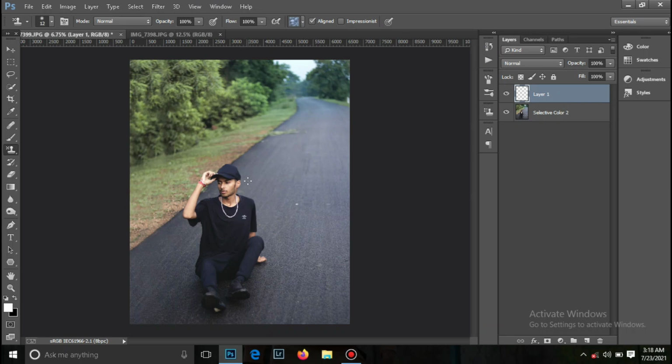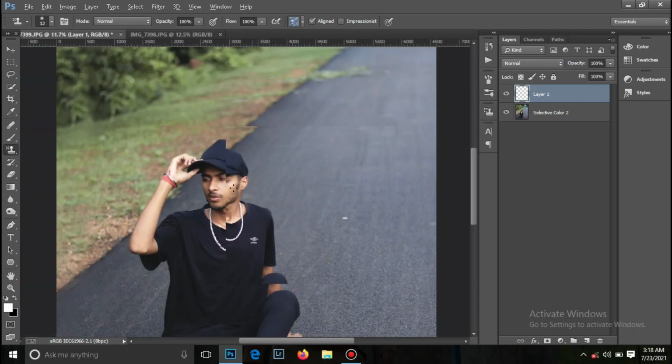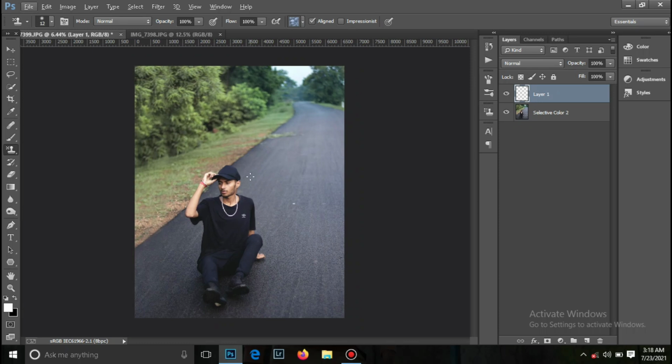If you are an intermediate level Photoshop user or a beginner, you must have heard about the Blend If option, but guys, you have not seen any of the uses of Blend If in your normal retouching pictures. You have seen it on some dodge and burn techniques. So let me tell you one important thing which you can do in your photos.